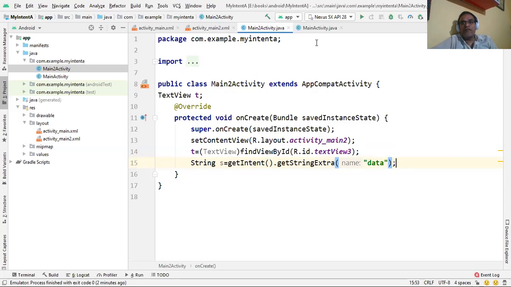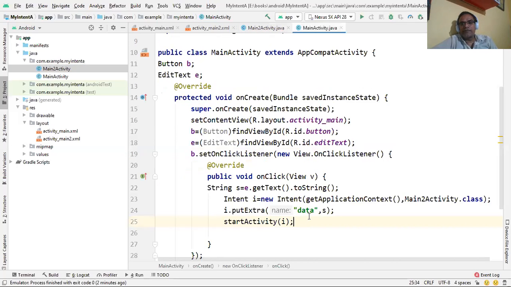So now you can see in the first activity, this is the data. In the putExtra method, we are using two arguments, data comma s. So the s value we assign to the data parameter, and that data parameter we use in the second activity here.